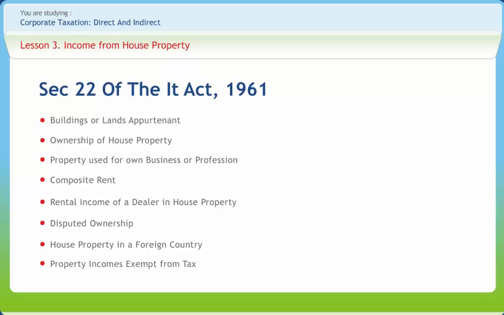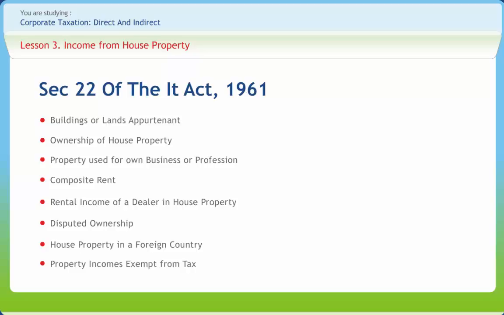The holder of the impartible estate is deemed to be the individual owner of all properties comprised in the estate. A member of a cooperative society, company, or other association of persons to whom a building or part thereof is allotted or leased under a house building scheme of the society, company, or association, as the case may be, shall be deemed to be the owner of that building or part thereof.